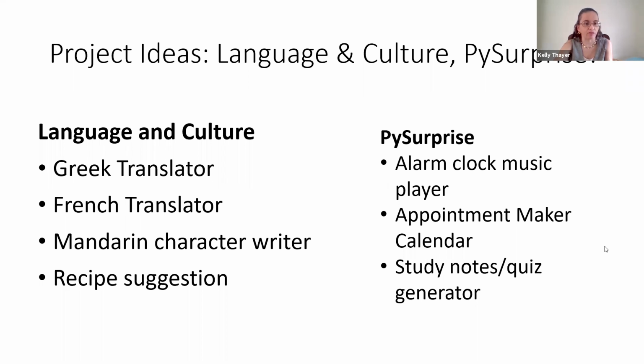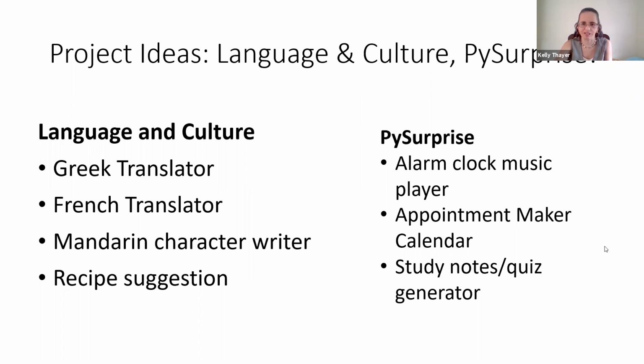We have also had a very nice recipe suggestion where the program would prompt the user about the kind of meal and maybe dietary restrictions and that sort of thing. And based on that, would recommend some kind of recipe that they should use for the meal that they were preparing. And then we have this category Pie Surprise, which is kind of just like, and now for